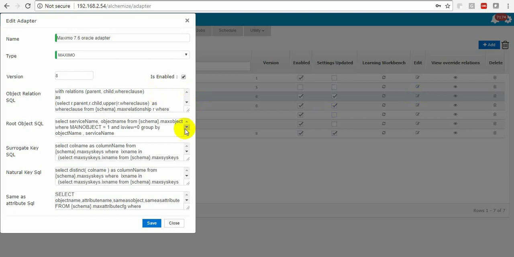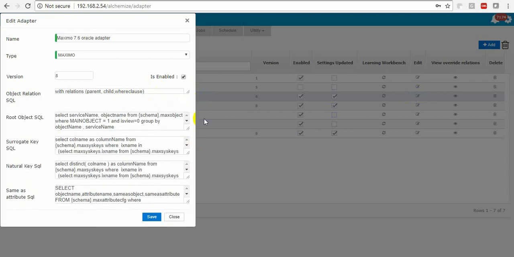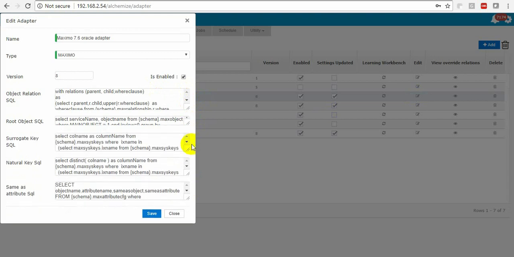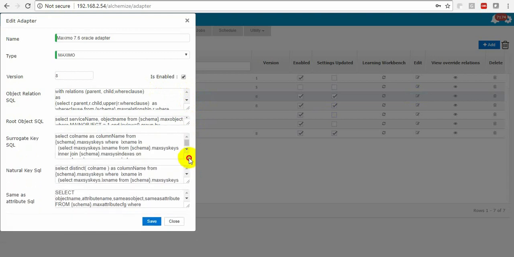It's very easy for you to find and locate all of your objects, relations, and root objects, as well as the surrogate keys and natural keys. Here you can see which of the attributes for your job have a particular use, and here you can map this particular attribute. Now that you have created your adapter, it is good to note that the adapter also supports